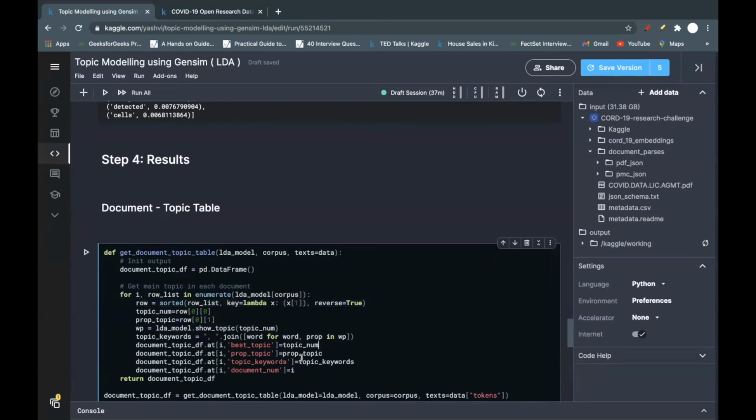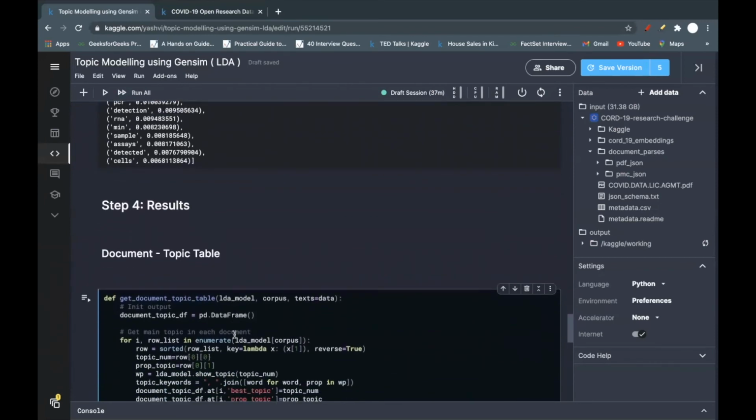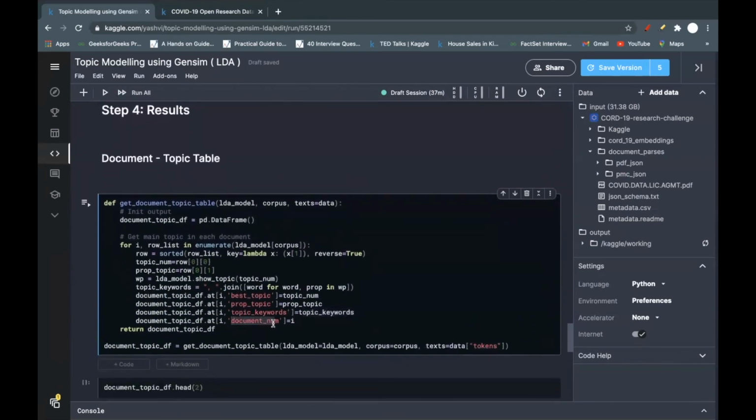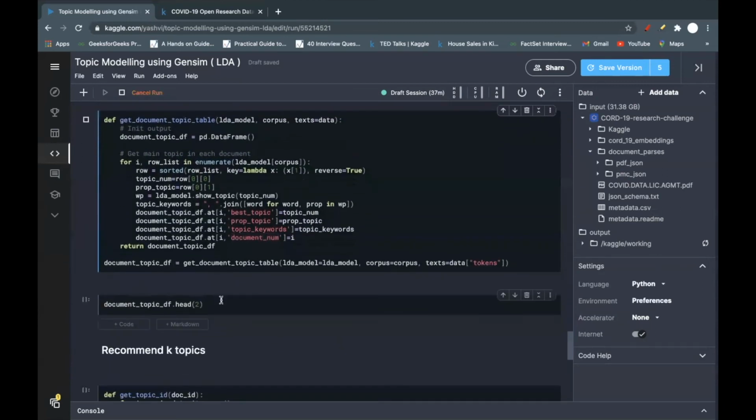I assign the best topic, its proportion, and its topic keywords, so that I can print what type of keywords this topic is composed of, along with the document number. Then let me show you how this document topic data table looks.